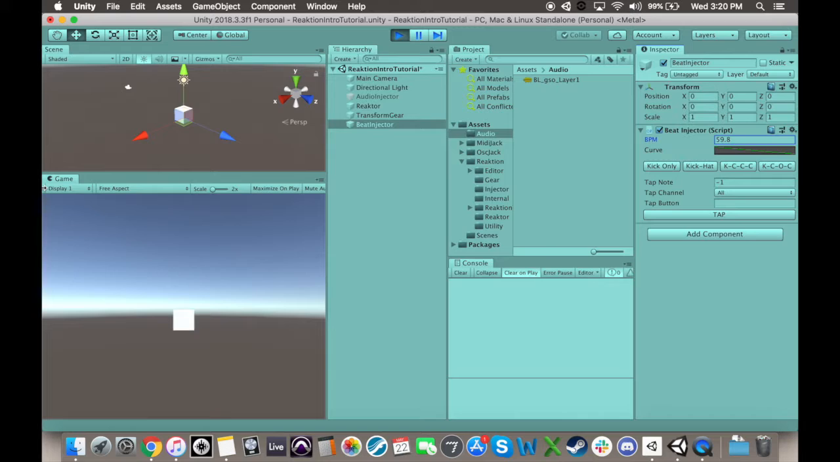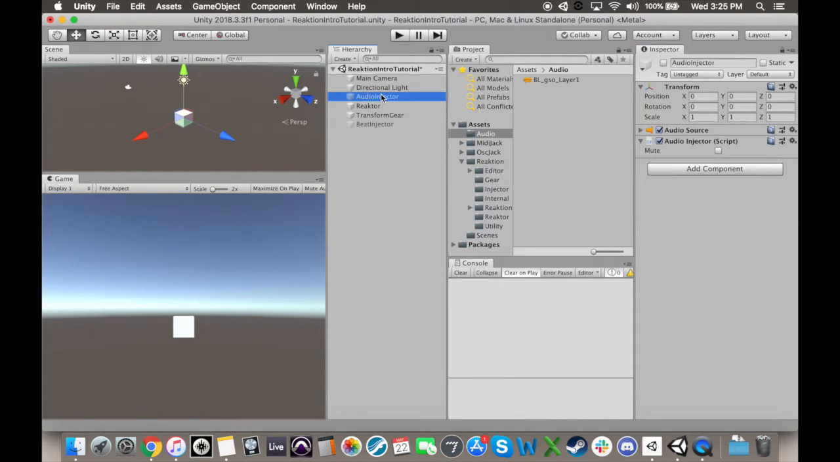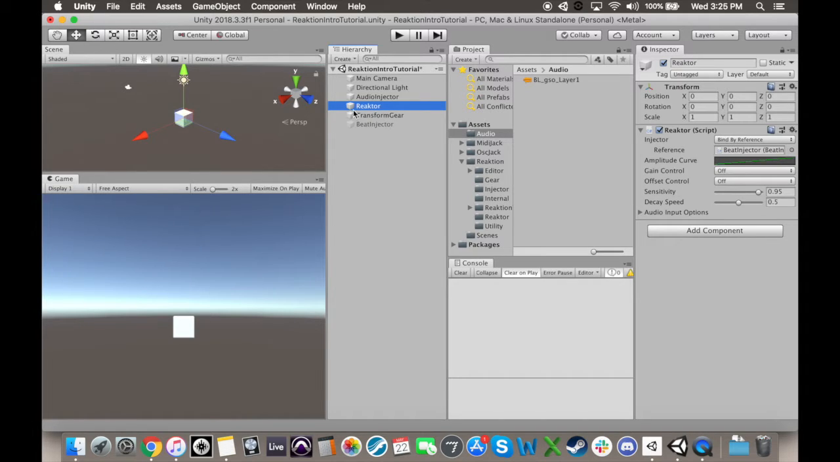Now, the gears are a complete rabbit hole in and of themselves, but the last part of this video is going to be a look at the settings in the reactor component. First, you gotta assign the injector, which defaults to auto-bound, though I'm not sure exactly how this works. The other options are to bind by reference, such as dragging a game object with the injector on it into the inspector, or to bind by name, where you type in the name of the game object that has your